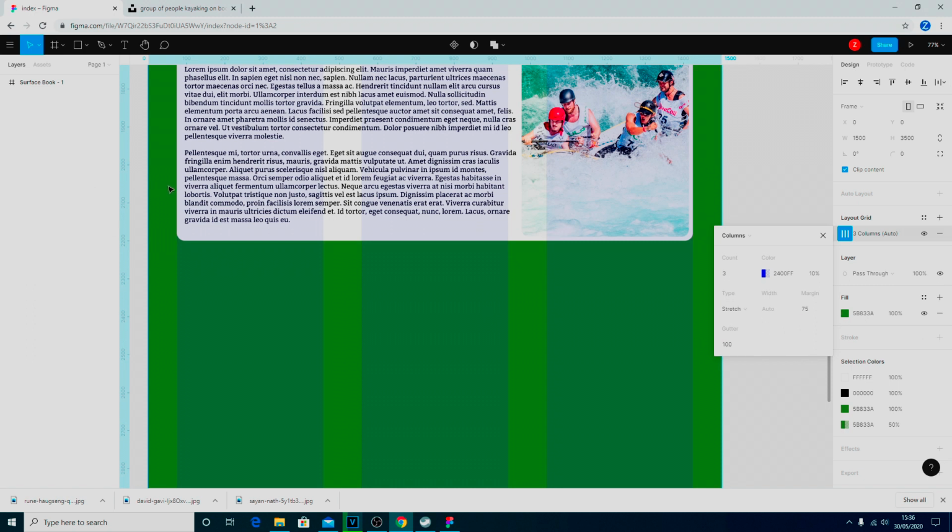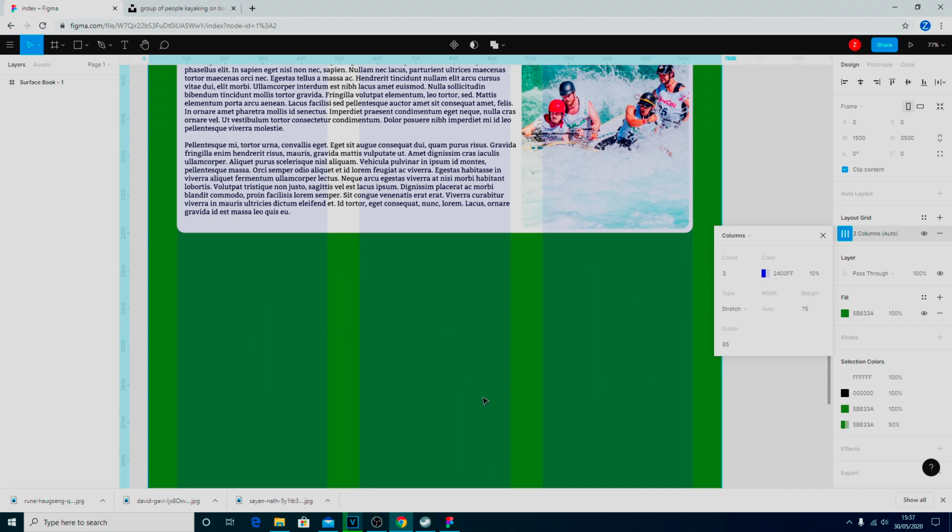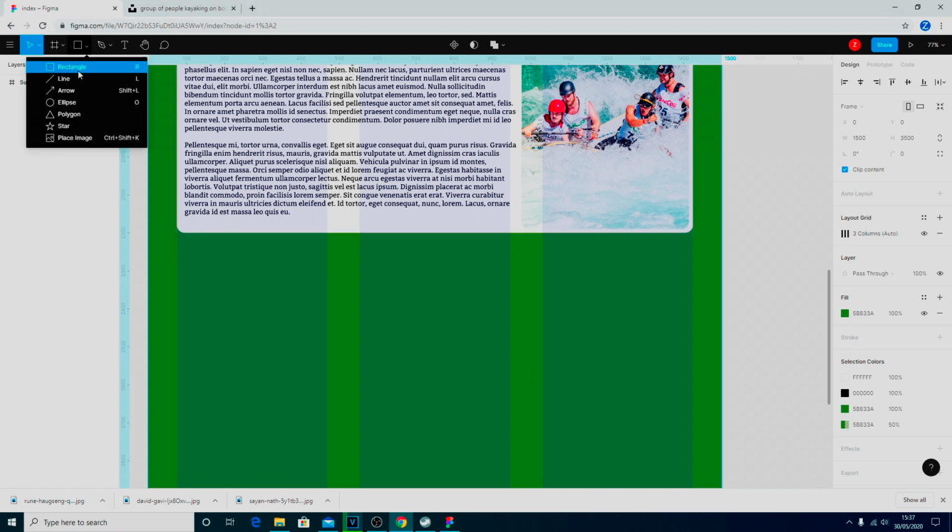Yeah, because we know that that is 75 there. Let's see what 85 looks like. I think we'll work with that. Okay, so we have the margins of 75, and so the external margins of 75, and now we've got 3 columns that we're going to be working with for the next bit. And so just like we did before, all we need to do is to create a rectangle and sort of resize it correctly. Okay, so let's get a rectangle